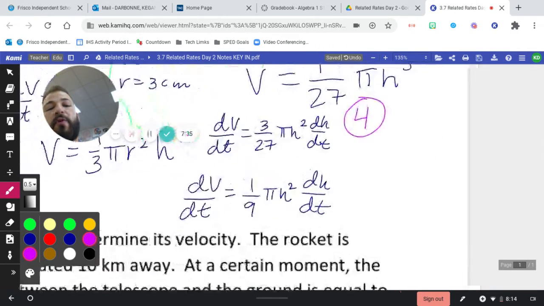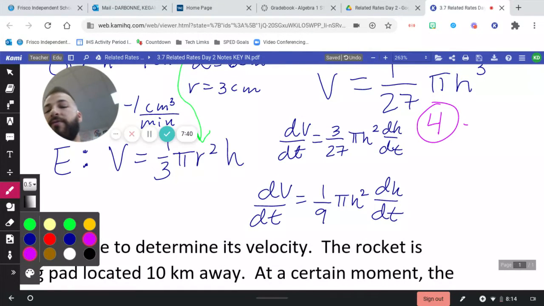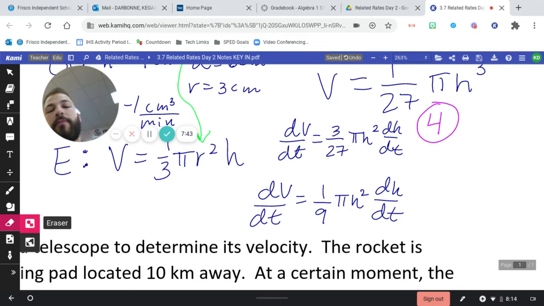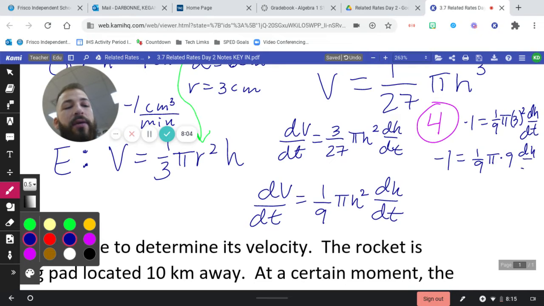So step 4, dV/dt is -1. So -1 is equal to 1/9 pi, h is equal to 3, so 3 squared, and then dh/dt is the one thing I don't know. Okay, so -1 equals 1/9 pi times 9 dh/dt, which just means -1 is equal to pi dh/dt,